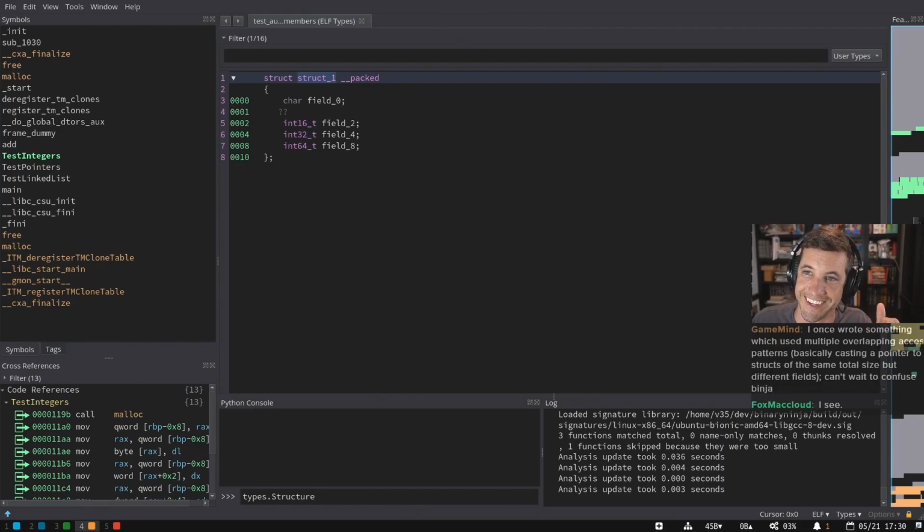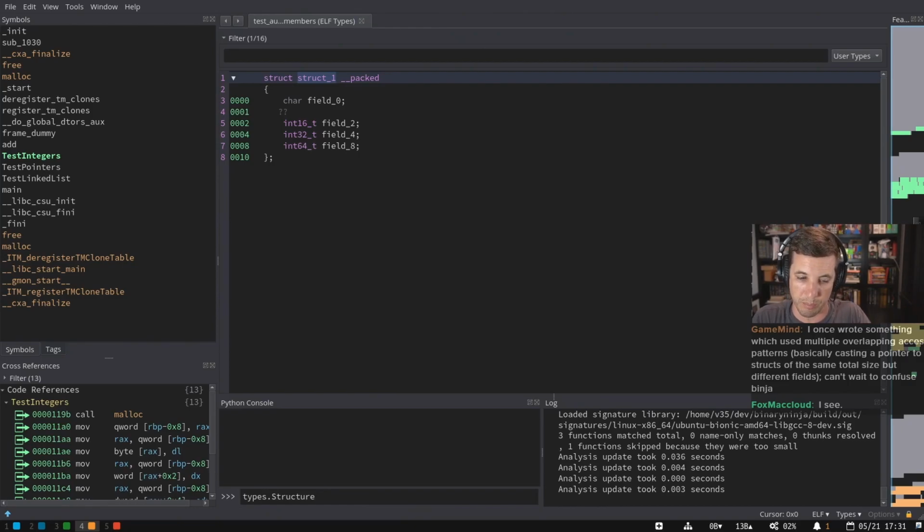Yeah, Game Mind, confusing binary tools by doing something compilers don't do is very, very possible. There are lots of good ways you can break analysis tools, whether for obfuscation or for CTF or whatever. There's definitely lots of fun tricks you can pull on that front. That's where I would argue the two strengths of IDA and Binja come into play. I mentioned earlier IDA has done a lot for the field. Their big innovation was this interactivity, right? It's not just, here's all your analysis, here's your decompilation, and you're done.